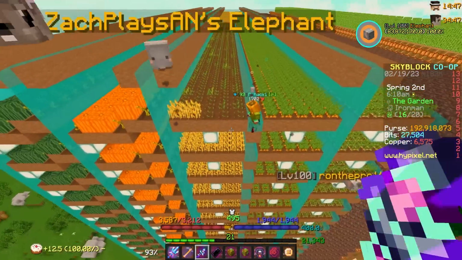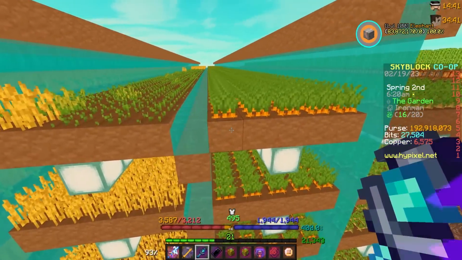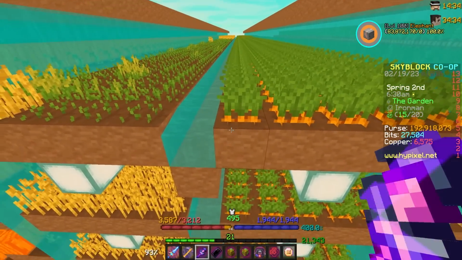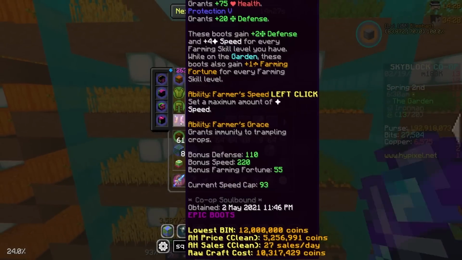So for example, if we had it 4 across, the water on each side would be sufficient to keep all these blocks hydrated. But because it's 5 wide, we actually need a water block in the middle to keep this row here and this row here saturated, to make the dirt wet, I guess you can say. So that's why we have water in the walkways, and if you have Depth Strider 3 on your boots, like I do here,